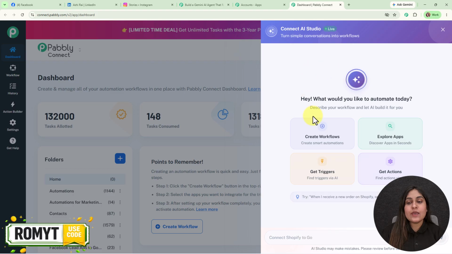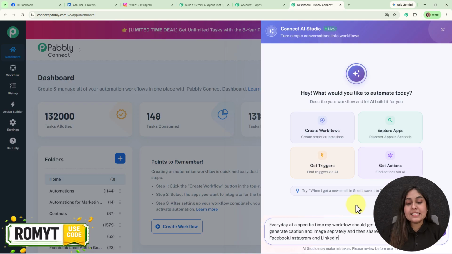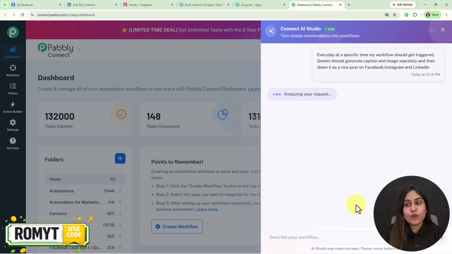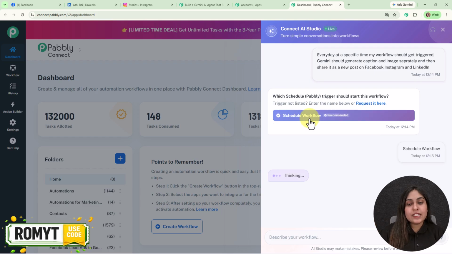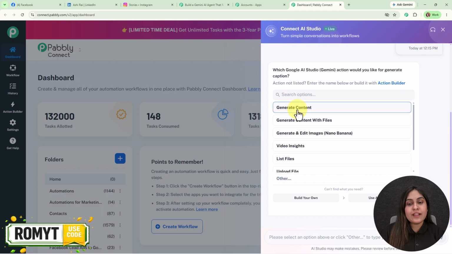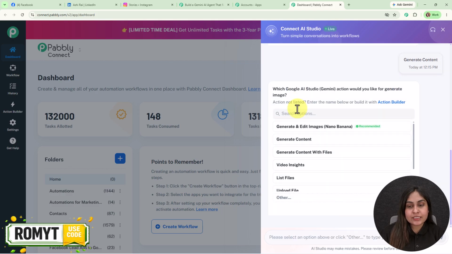It is asking, hey, what would you like to automate today? So I'm going to describe my workflow and give it as a prompt to this quick workflow builder. Let me add it. It says every day at a specific time, my workflow should get triggered. Gemini should generate a caption and image separately and then share it as a new post on Facebook, Instagram, and LinkedIn. So after analyzing my request, it is asking which scheduled Pabbly trigger should start this workflow. So we're going to select schedule workflow, and for Gemini, firstly we're going to select generate content,